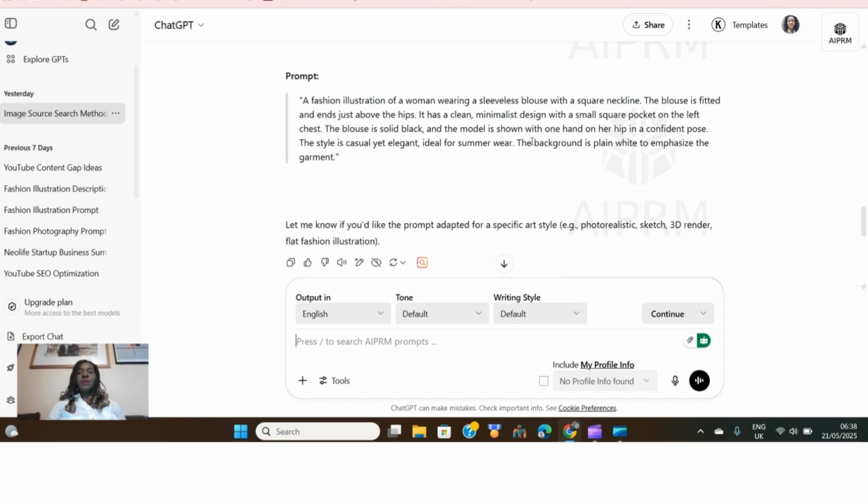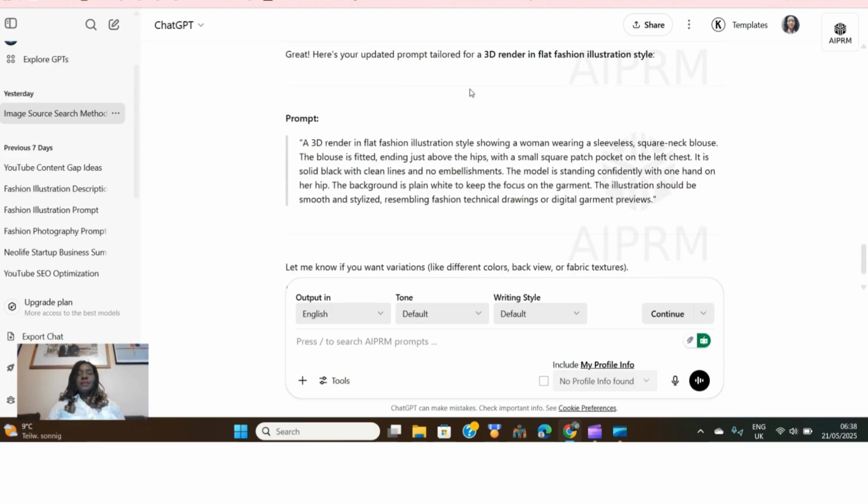When it gave me this prompt, it then asked whether I would like the prompt adapted to a specific art style: photorealistic sketch, 3D rendering, flat fashion illustration. I wanted a flat fashion illustration. So I told it, yes, it should give me a 3D render flat fashion illustration. That is exactly what it did. It gave me the second prompt, and this is the prompt it gave to me. So what I did was to copy this prompt